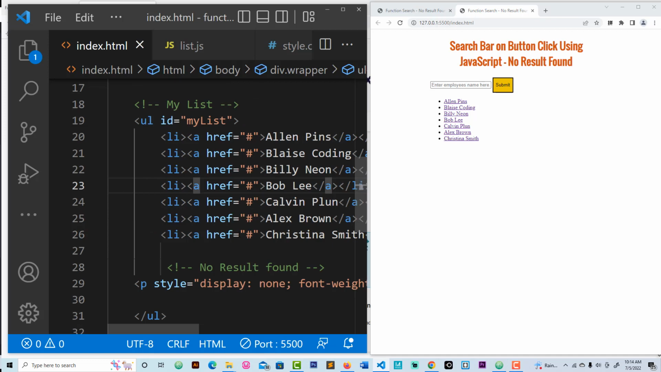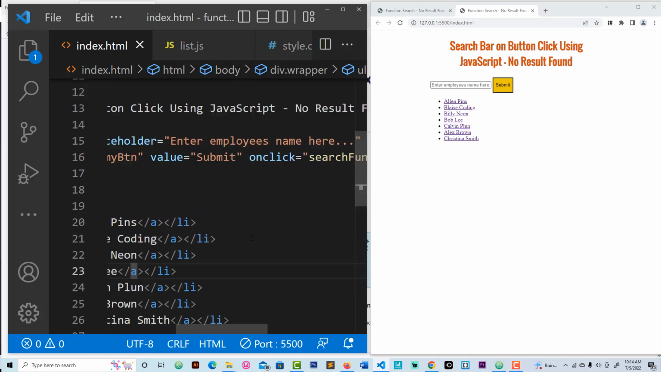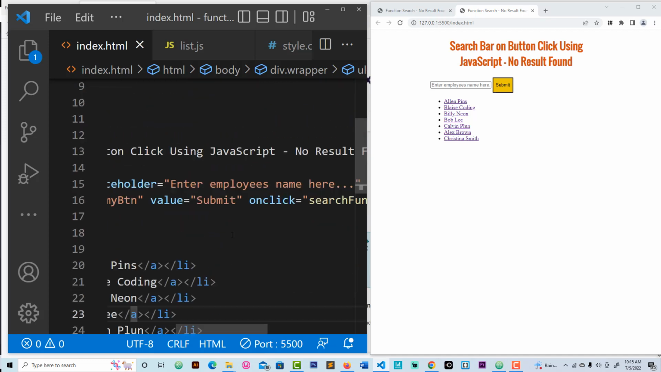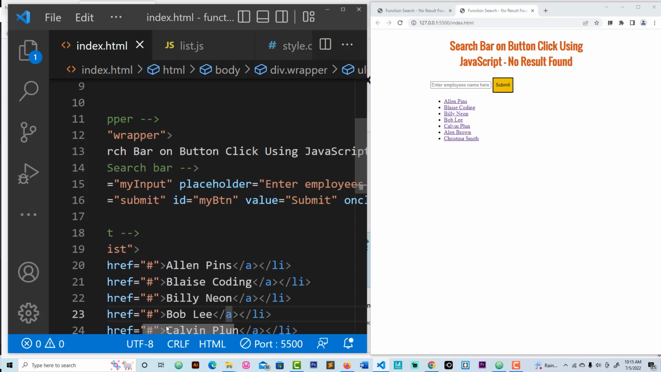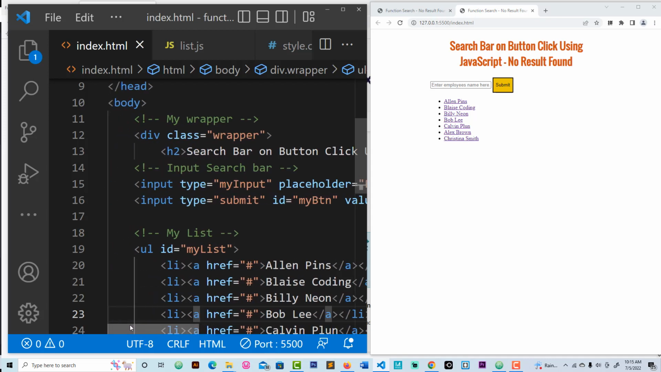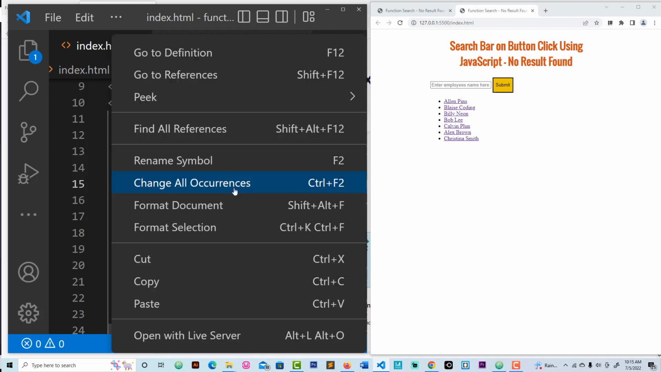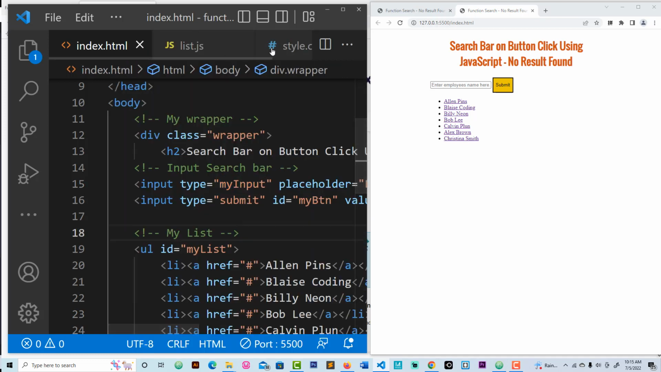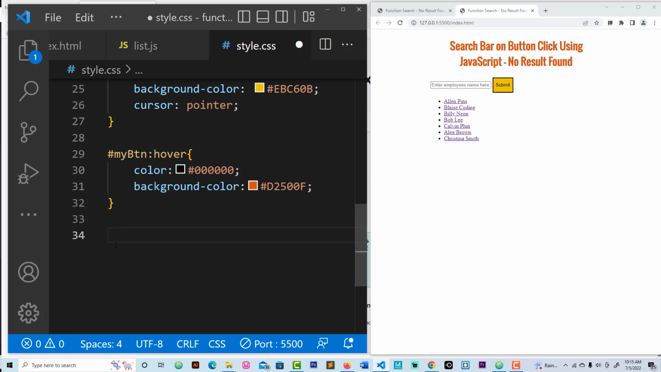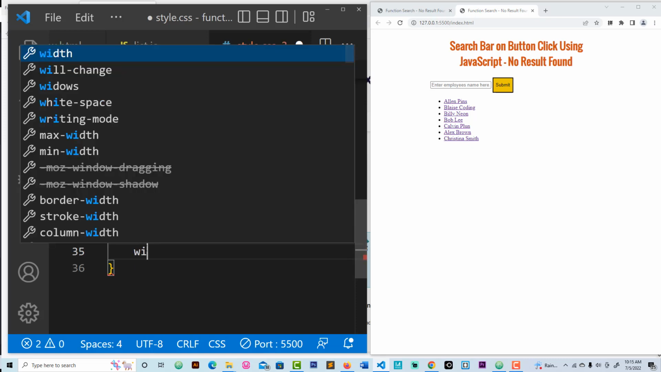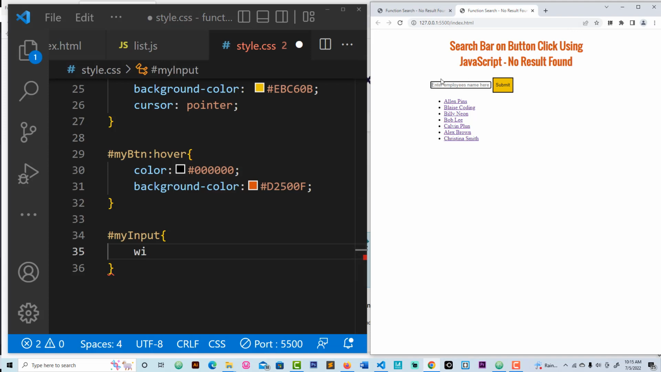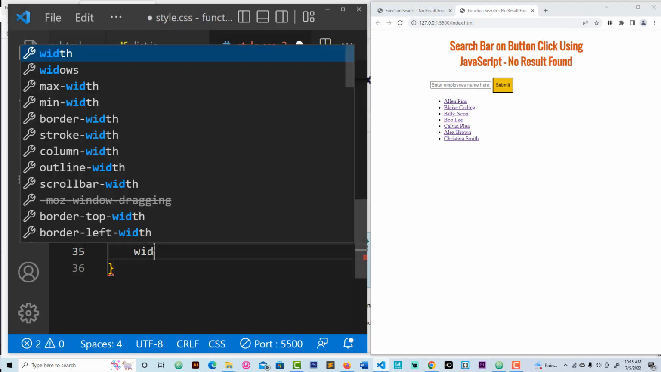Where is my, yes, here. I'll submit my input right here, okay, copy, and put a pound sign, because we say ID for my input. Now for my input inside of the search bar, let's work with this. Now this search bar, I need a width of